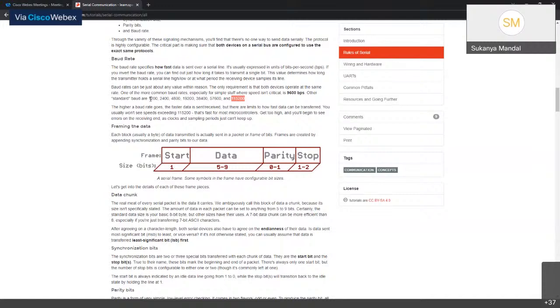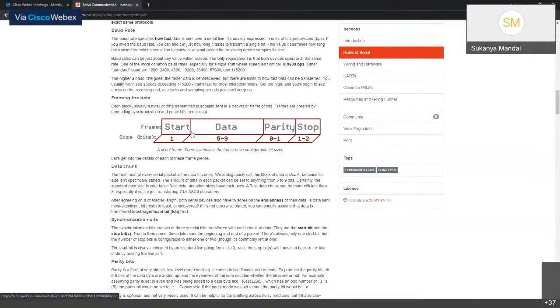Depending on what you require and how you want to configure, it's pretty customizable, and the Arduino IDE offers you a lot of other baud rates. So here are some examples. What we should know is that as the baud rate goes higher, the data is sent or received at a faster rate. But there are limits to how fast data can be transferred. You basically won't see speeds exceeding this